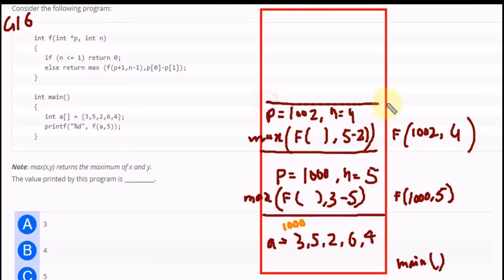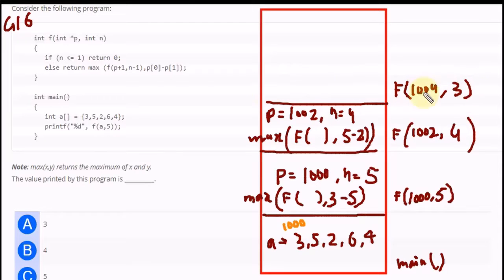Again we are going to call function f with the updated value 1004, because p plus 1 will be increased by 2 bytes, and n minus 1 will be 3 in here.